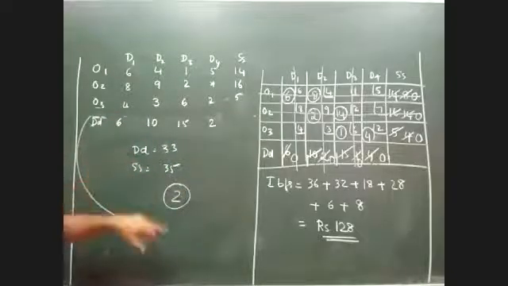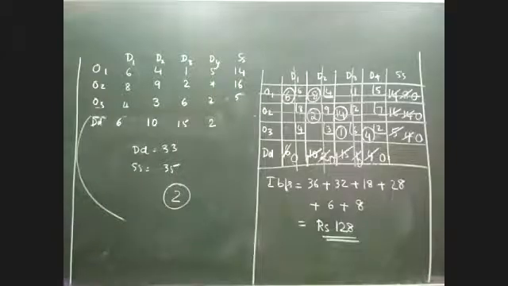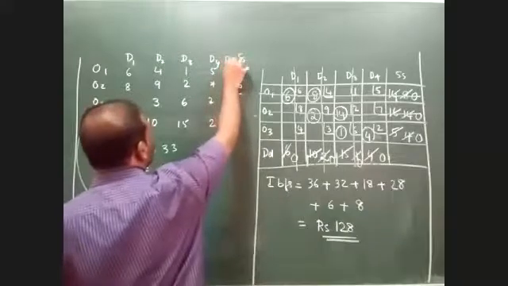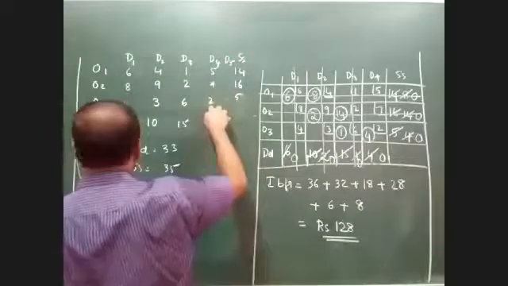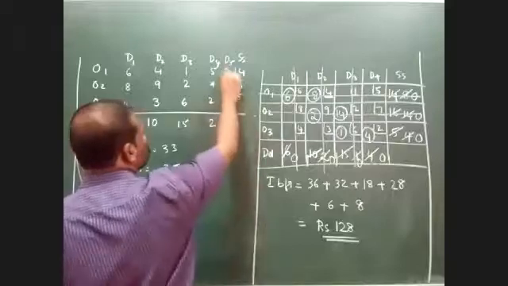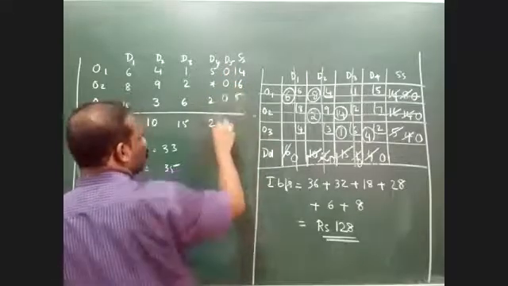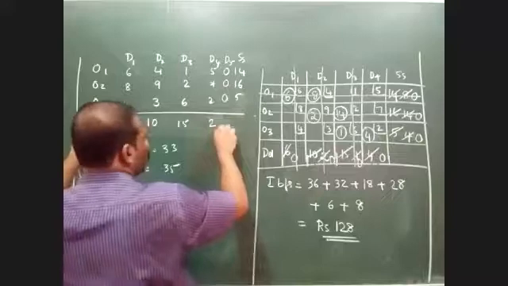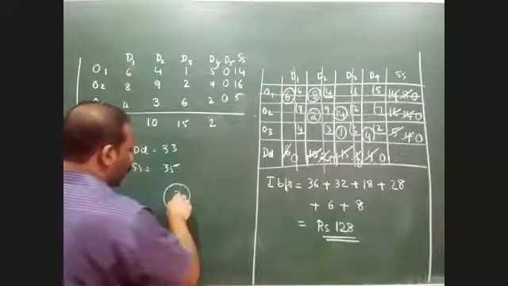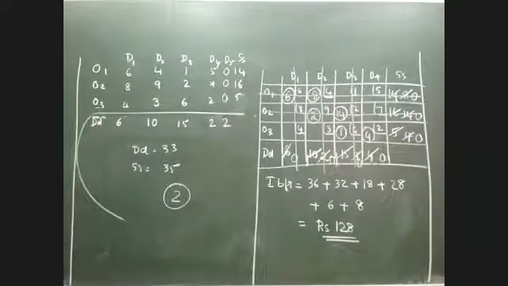Now, how do I add this 2? What should I do now? Am I supposed to introduce a dummy row or dummy column? Dummy column. So what is the number to be given to the dummy column? D5. So all the values of unit transportation cost shall be taken as 0, 0, and 0. But in the demand value, whatever is the shortage has to be included. Now you can see that by introducing a dummy column called D5, the value 2 is added to it. Now the problem will become balanced.